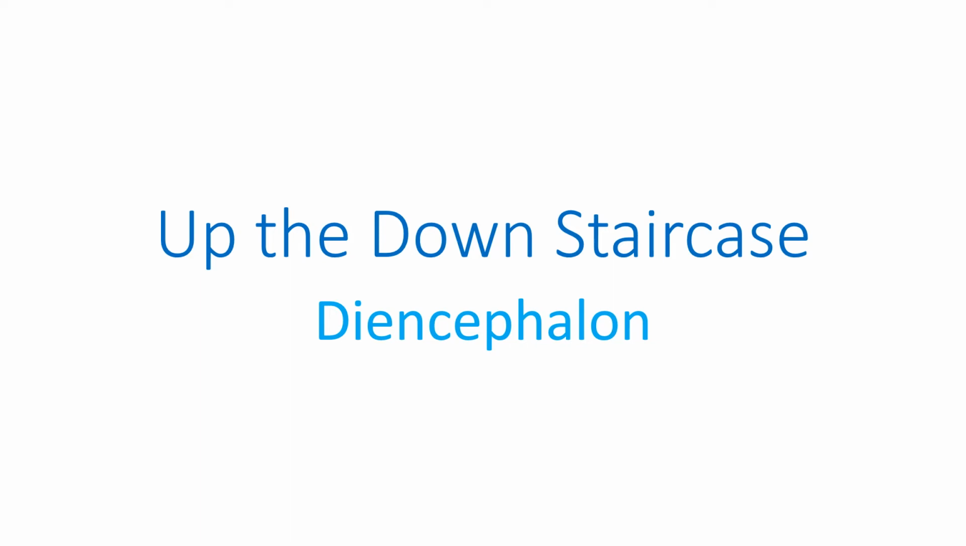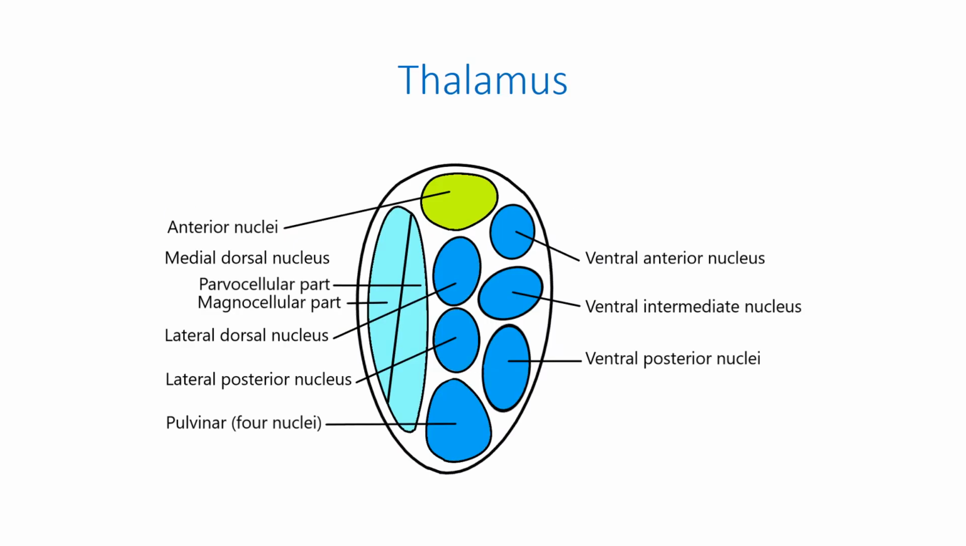Up the down staircase, Diencephalon. The diencephalon is the part of the brain between the midbrain and the cerebrum. It consists of the dorsal part, including the thalamus, epithalamus, and the metathalamus, and the ventral part, including hypothalamus and